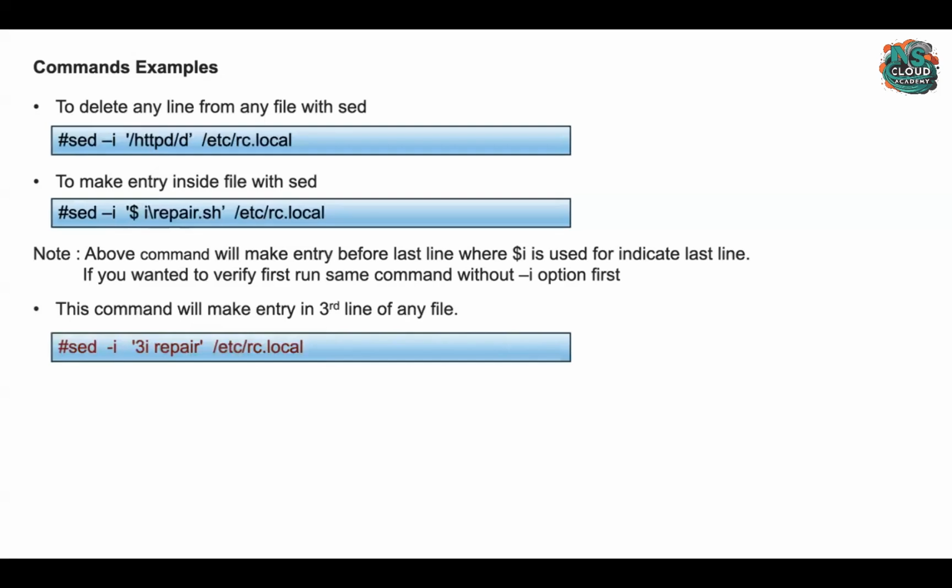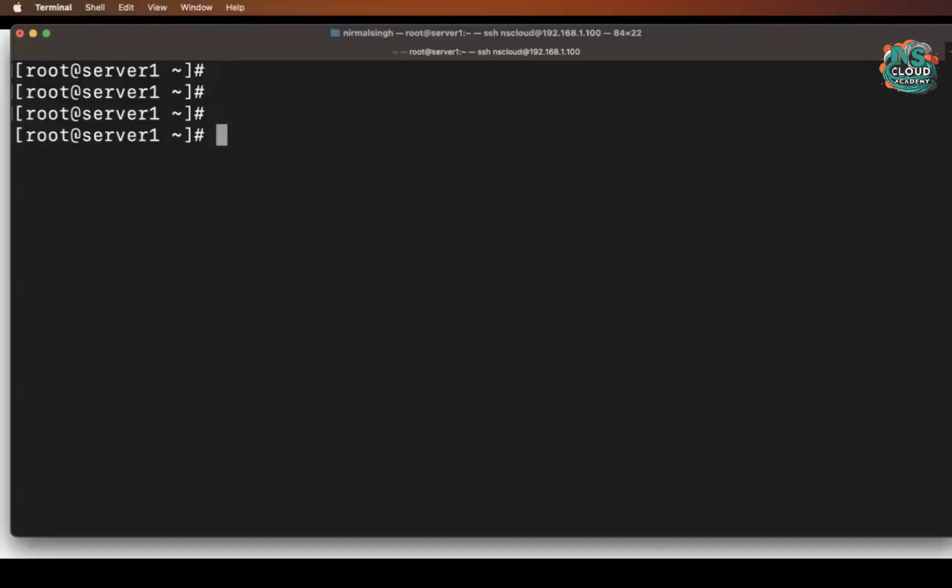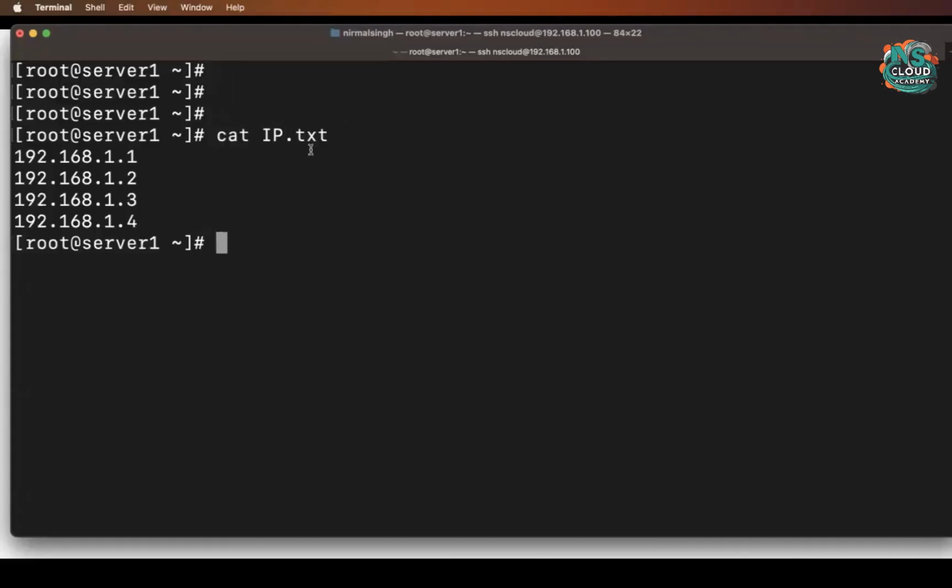So the next command is, let's suppose you want to make an entry inside the third line, right? You want to make an entry inside the third line, whatever you want to insert. So cat ip.txt, let's suppose we have this IP and we want to make one more IP entry, but in that particular third line only, right? So what it will do, sed